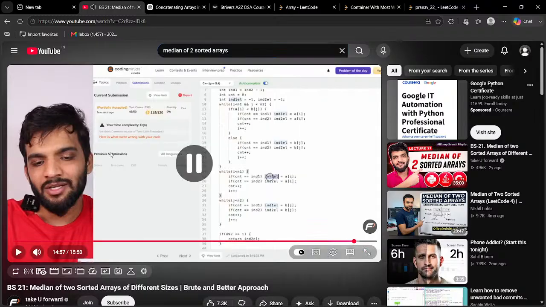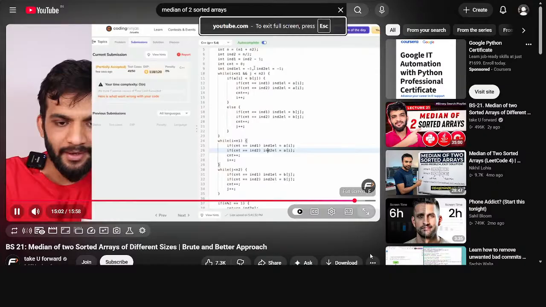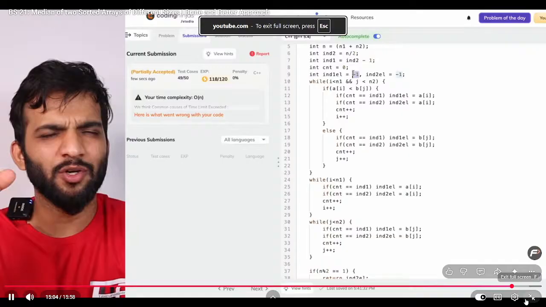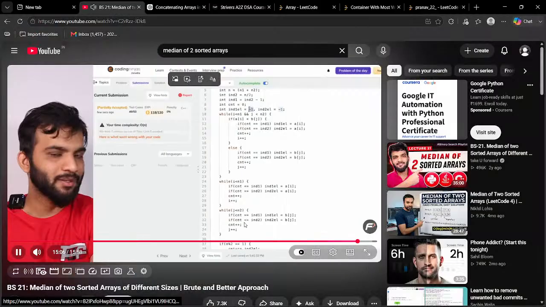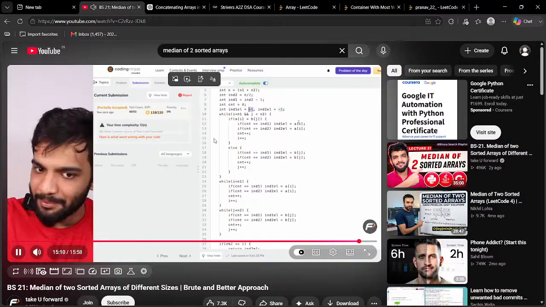If you find index 1 and index 2, like both have been found, you can just break out. You can break out. And instead of -1, probably you have to give int min or int max something. Such an element which doesn't exist in the array. And then you can simply break out the moment you have figured out